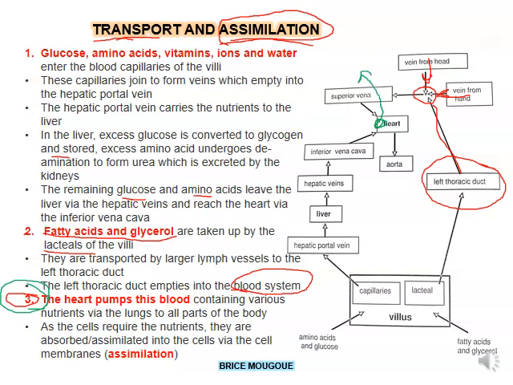And from the pulmonary artery, it's then going to go to the lungs. That's where all the blood will go. It means this blood will have amino acids, fatty acids, and glycerol and glucose. All of them, everything with the vitamins included as well. Everything will go to the lungs to get oxygenated, because at this point, most of this blood which came from all the parts of the body had already lost their oxygen. That is why blood has to be pumped through the pulmonary artery to go first to the lungs